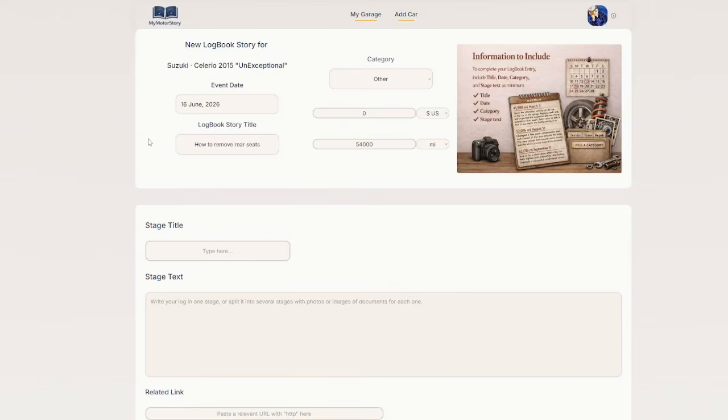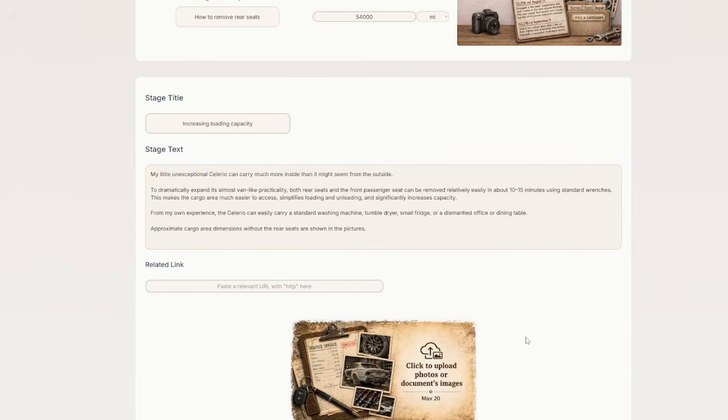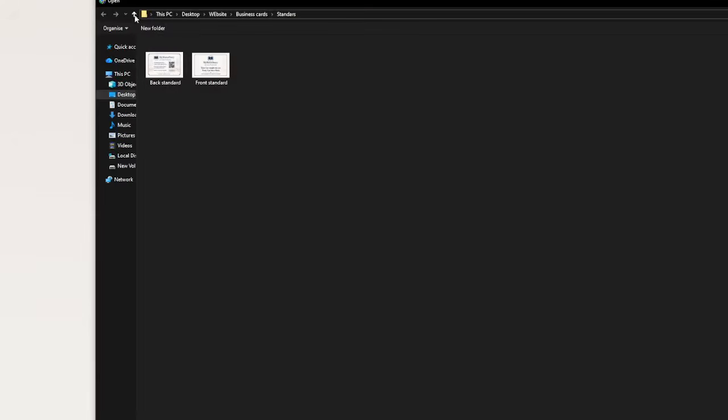As you see, I start typing the first stage, optional stage title already given, and I'm just typing stage text to explain what this story or entry will be about. Okay, I finish the text of the first stage. Now, as usual, we adding photos, and